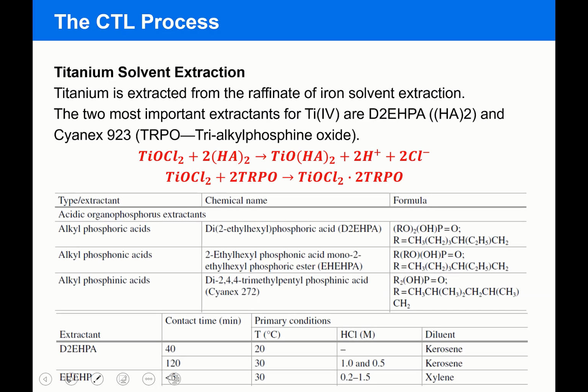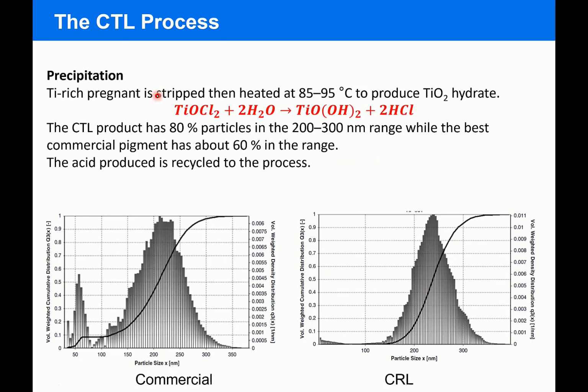After removing iron from the solution, it can undergo a titanium solvent extraction, in which titanium species is extracted from the raffinate of iron solvent extraction. So we have different extractants with selectivity to titanium with these compositions right here that are based on phosphoric acid esters. After extracting titanium species from the solution, the titanium-rich solution is stripped, then heated to around 95 degrees Celsius